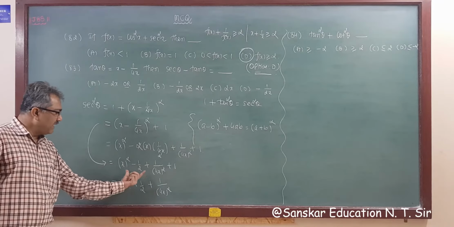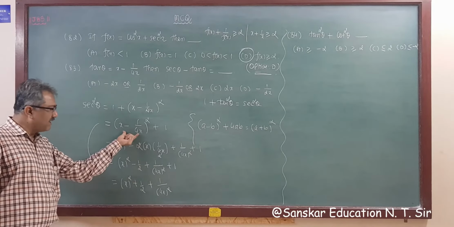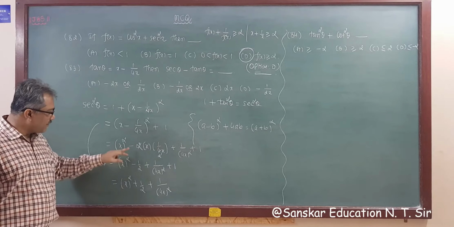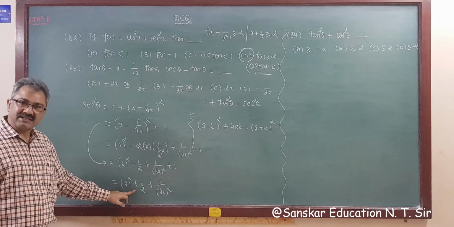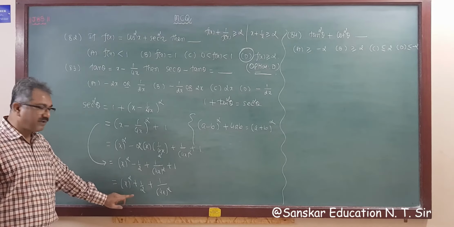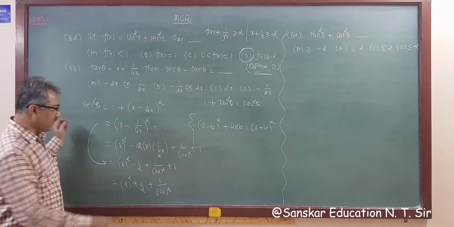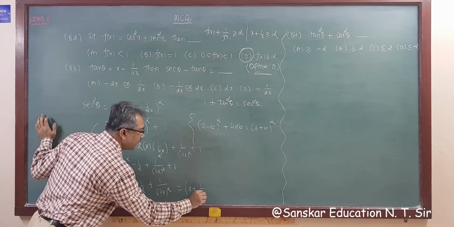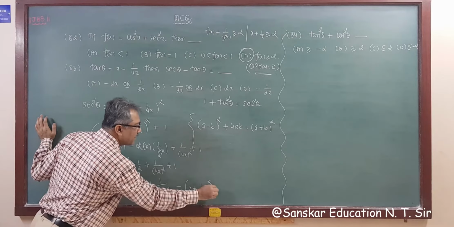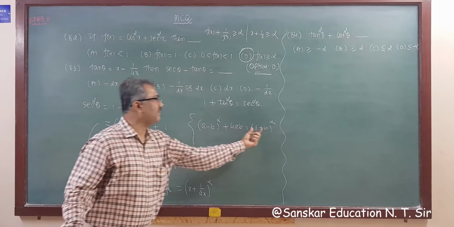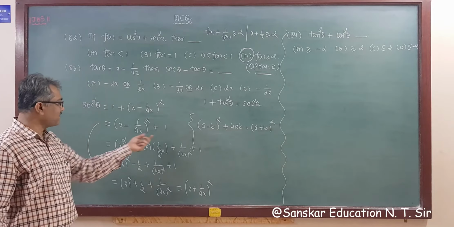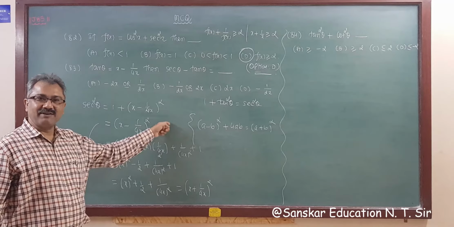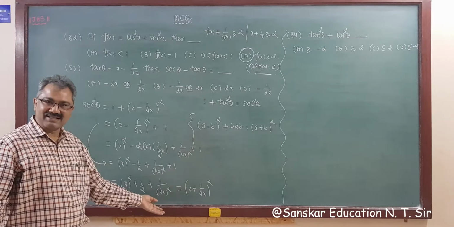So now this is the expansion of x minus 1 upon 4x. Now instead of minus, here comes plus. That means this is the perfect square of x plus 1 upon 4x, so this is the perfect square of x plus 1 upon 4x whole square. So applying this formula, this is plus 4ab. Multiply and divide by 4, you will get your answer.